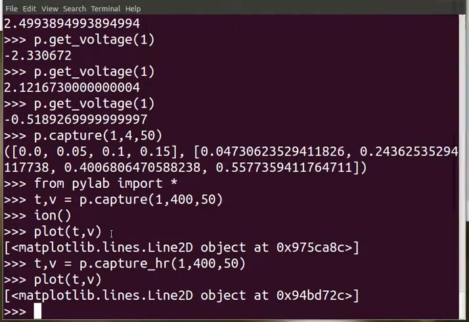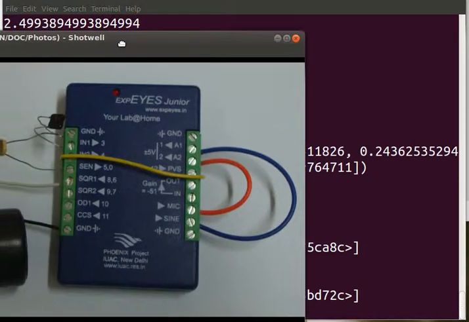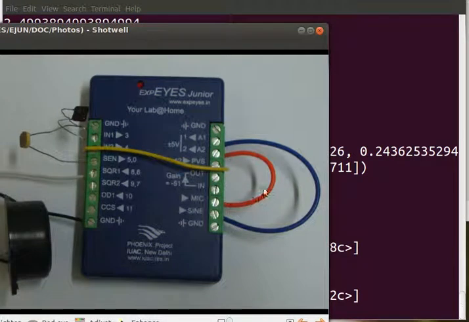Now suppose I want to capture the sound. You can see here our microphone output is connected to A2. So how do we get that? If I want to capture the signal,